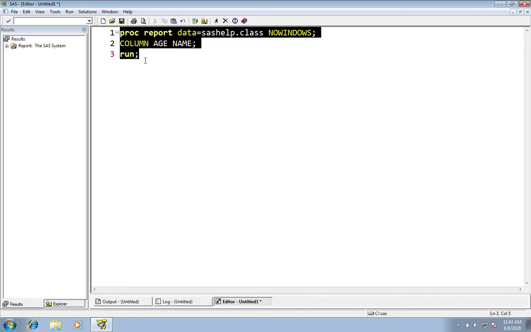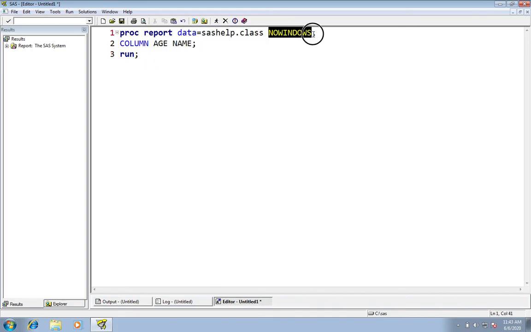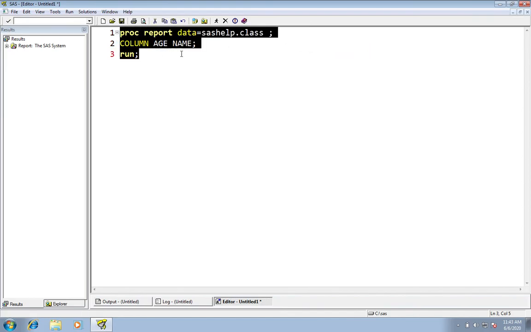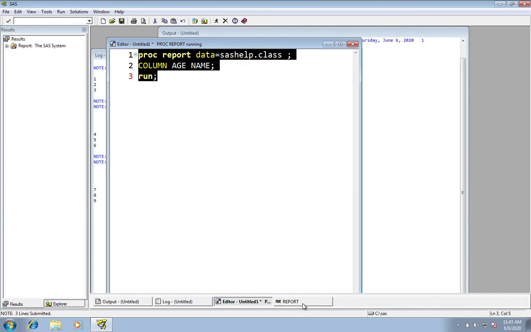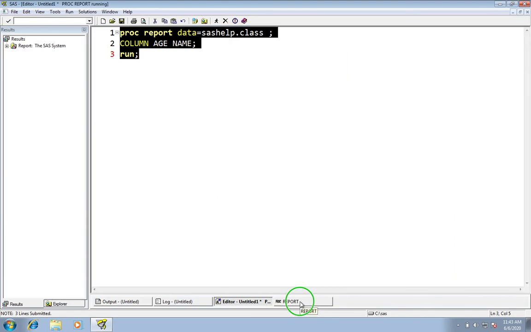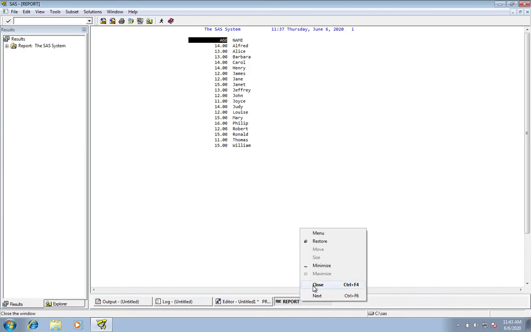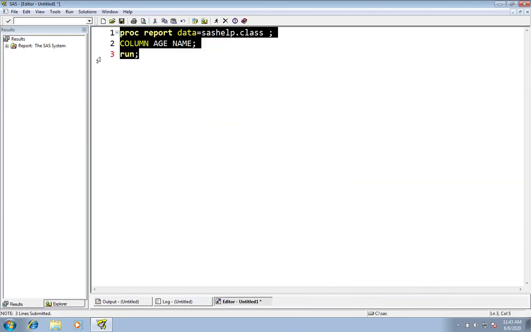It will open a new window every time. Now it opened a new window here. So every time you want to run a new program, you have to close this window, and it won't generate your results in the results window.